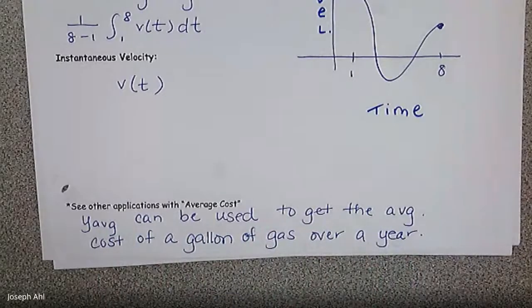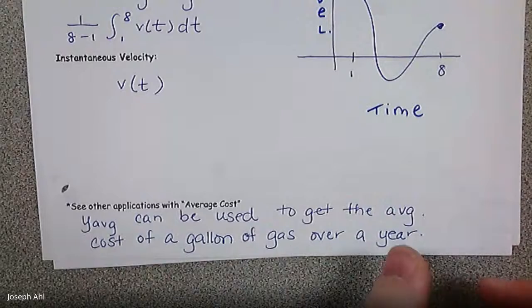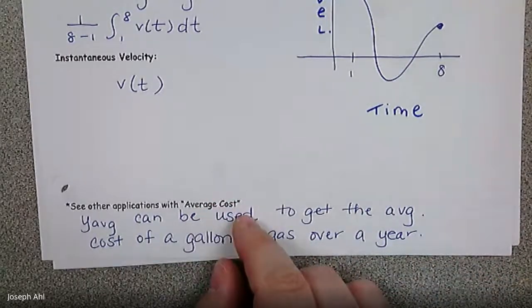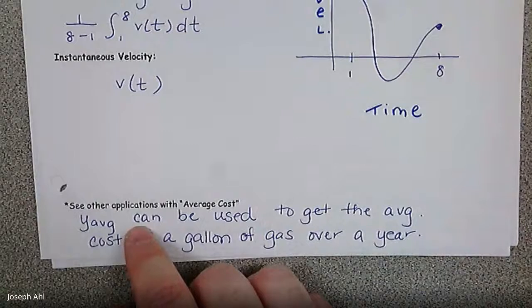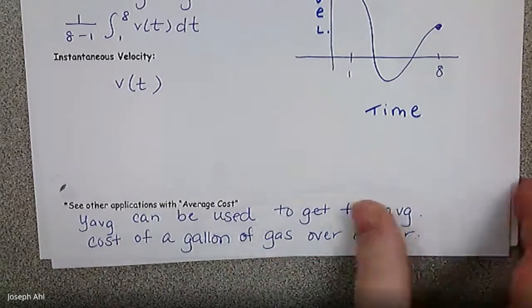So if you know, as time goes on, how the cost of a gallon of gas fluctuates over the time span of a year, you can figure out the average cost by thinking of it as an example of y average. Okay. So some good connections here that we're starting to make. Let's go ahead and take a look at